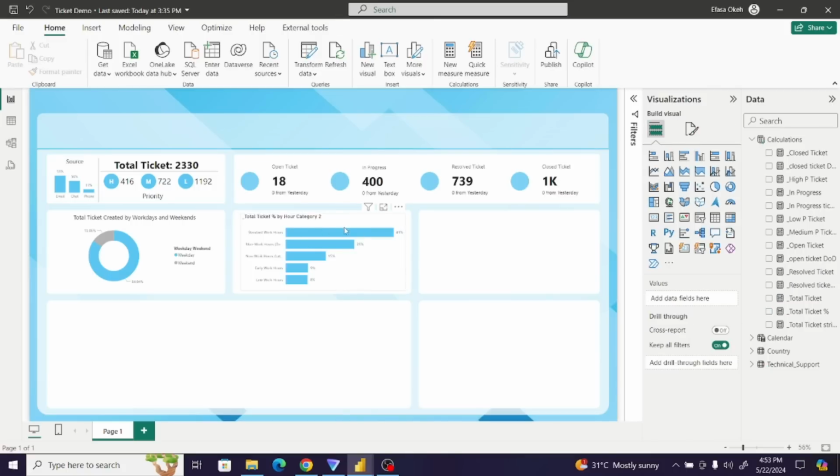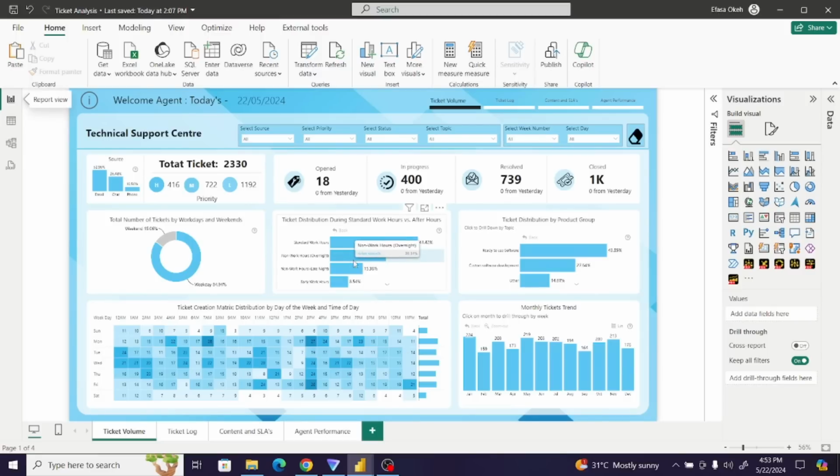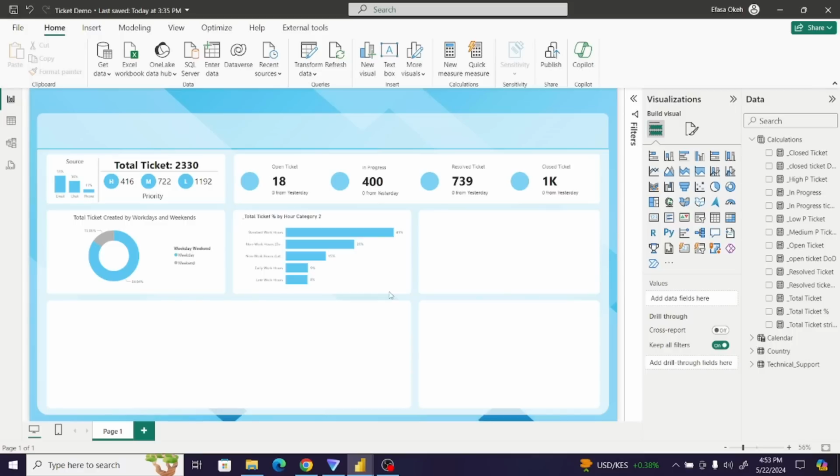Next, we need to format our title. So we have standard workers 41%, non-workers 26% of the tickets were created, non-workers late night 15%, early workers 9%, and late workers 8%. So let's navigate to our report now so we get it clearly. We've done this already. You can actually see it's similar to what we have on the other side. So this is actually ticket distribution during standard workers versus after workers. So we can give that title